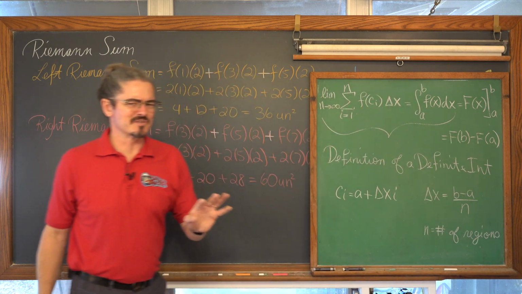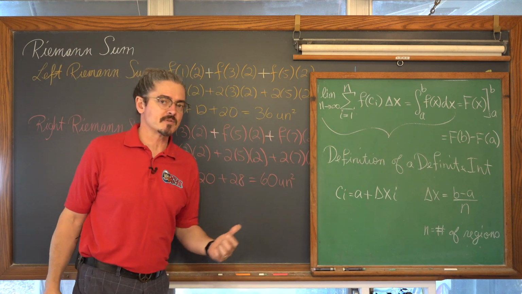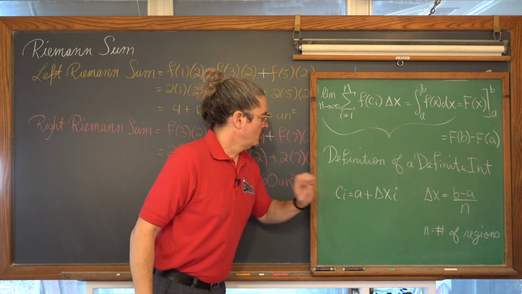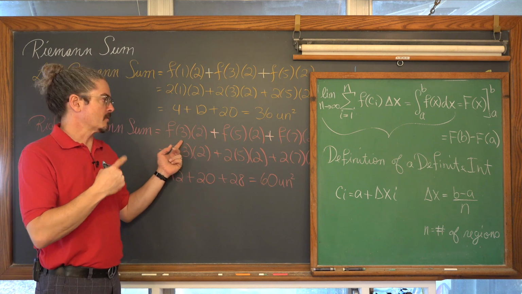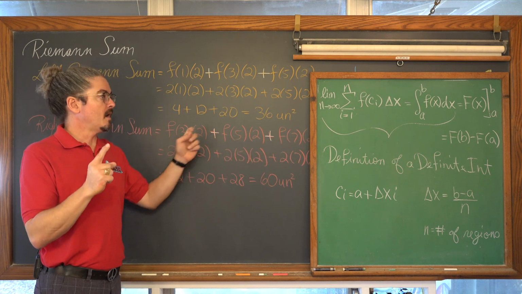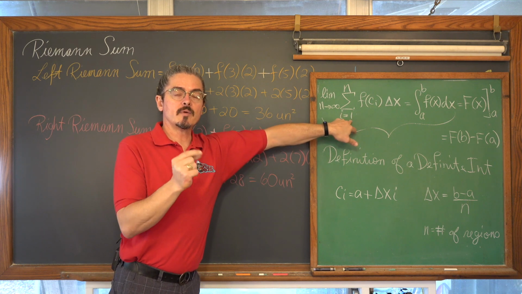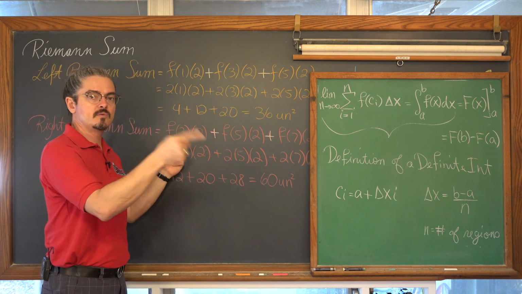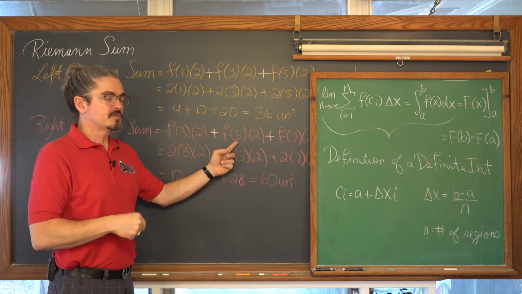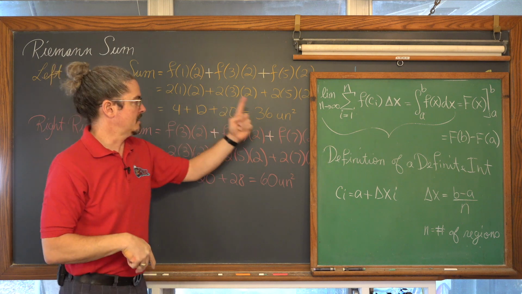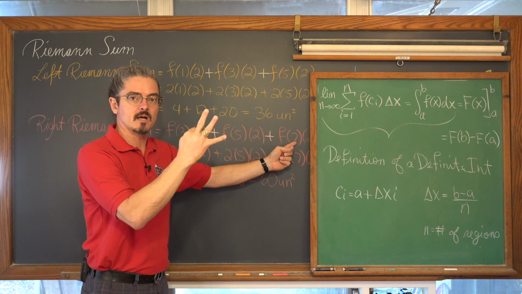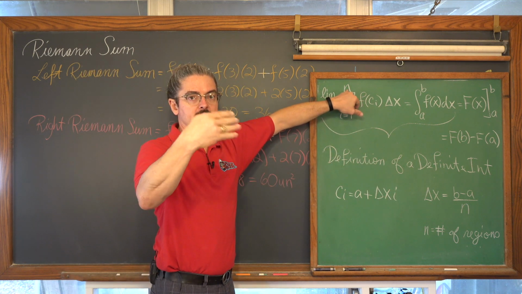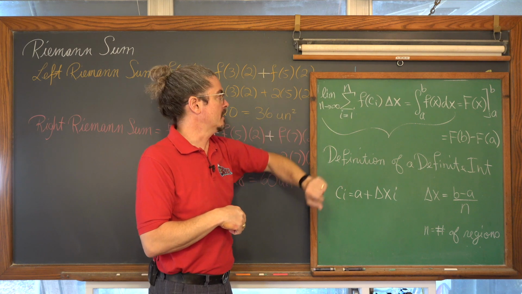Which I'm going to say is the number of regions, not number of rectangles, because you might be doing a Riemann sum with trapezoidal sum instead of a rectangular sum. So we had that lower limit of 1, but our numbers were 3, 5, and 7. So when i was 1, which is where our lower limit of the sigma starts, you're working with 1 rectangle, well then immediately move 2 units off of 1. And then move 2 units off of 1 twice, and then move 2 units off of 1 3 times. So i is that counting number, starts at 1 and goes up by 1 until you get to n, the number of rectangles that you're using to estimate your area.